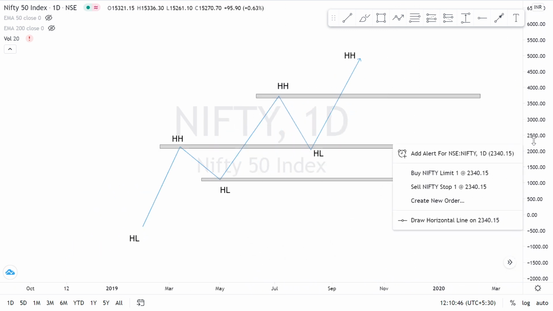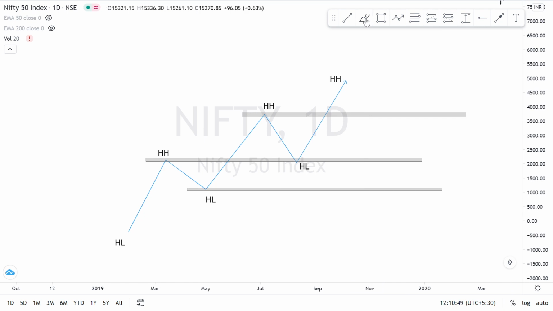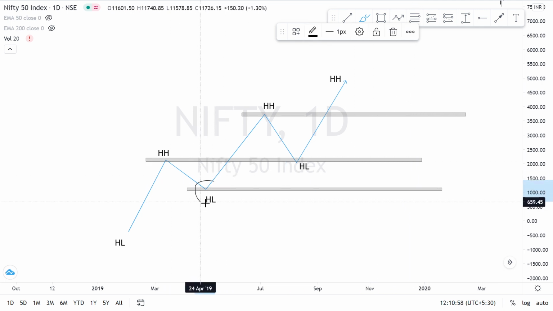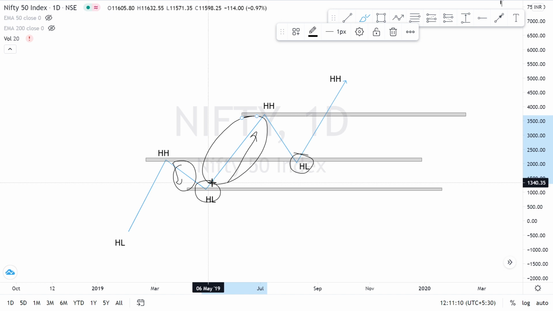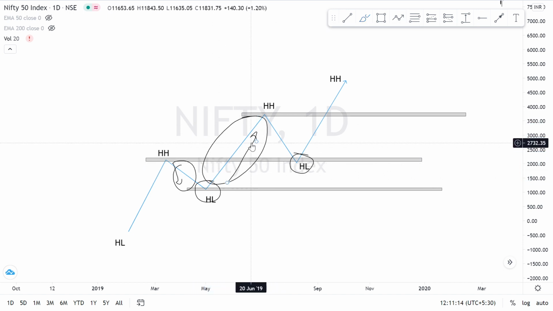This all of us know. So, what would our ideal entries be? We have to ride the trend because trend is your friend. So in a bull market you go long. Where do you go long? The ideal areas are these higher lows because that is where you get the most benefit. This price is less compared to this rise. This rise is what you want to capture when you want to trade from a swing position, on a positional trading basis.